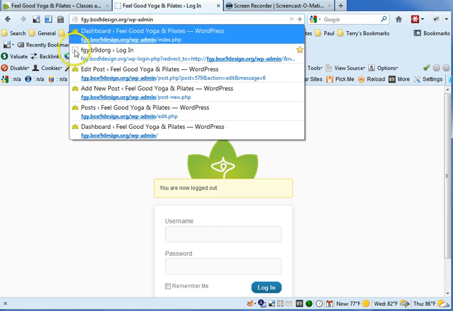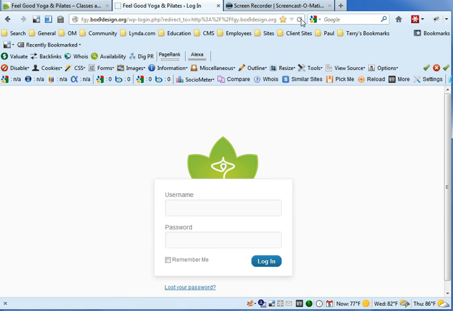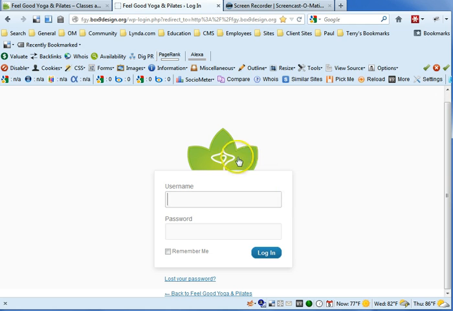So right now it's fgy.box9design.org/wp-admin. When we launch the site, it'll be feelgoodyogavictoria.com/wp-admin. So press go and you get to this little login area, and you can see there's a bit of